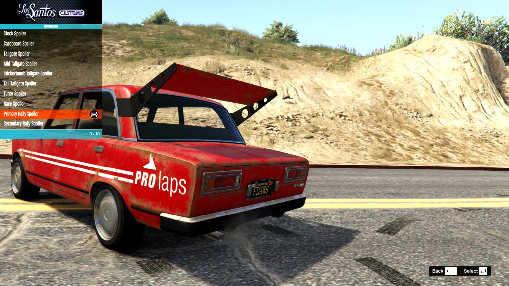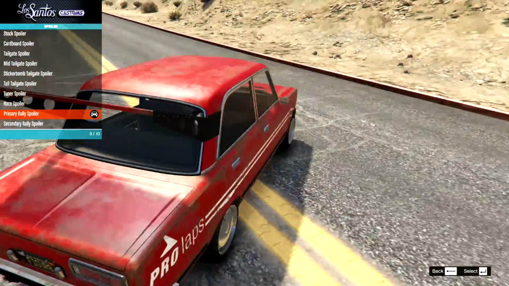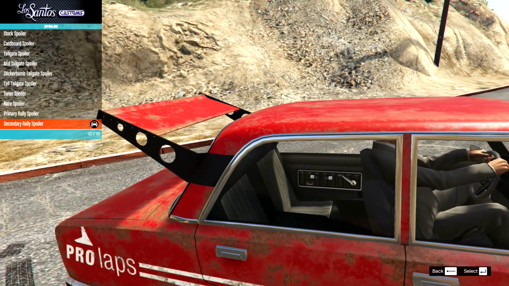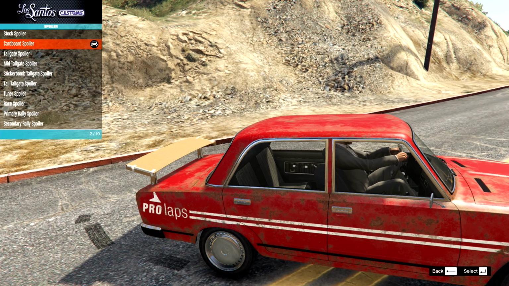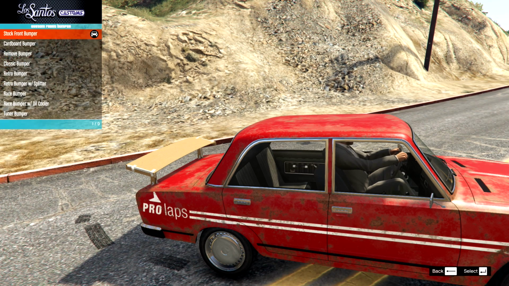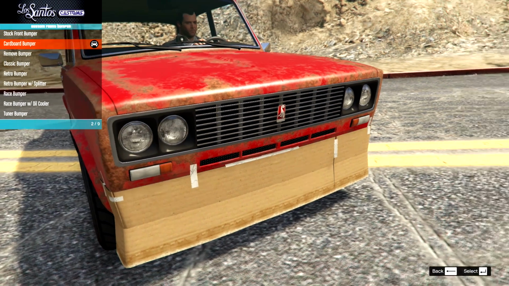Oh, dear. Then we got the... Oh, my God. What the hell was that? We got the primary rally spoiler. And then we've got the secondary colour version, which for now they're both red. Oh, my God. Okay. I want to go for the full cardboard on this first build, just because I think it's amazing. And then on the front bumper, we have, of course...